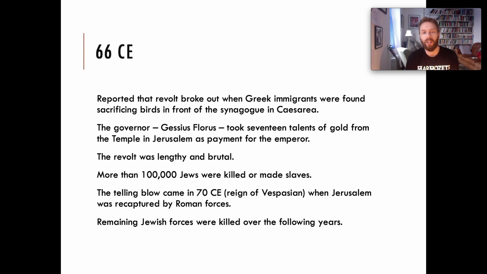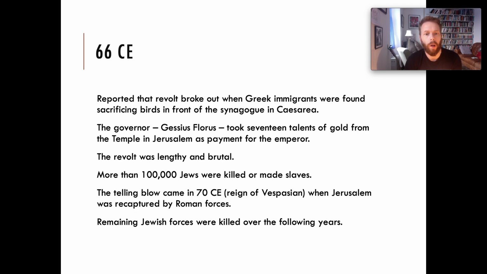Gessius Florus, the governor of Judea, in the same year, took 17 talents of gold from the temple in Jerusalem. This is a huge amount of gold, a huge amount of money. And he took it as payment for the emperor. Naturally, the citizens of Judea responded with a massive,